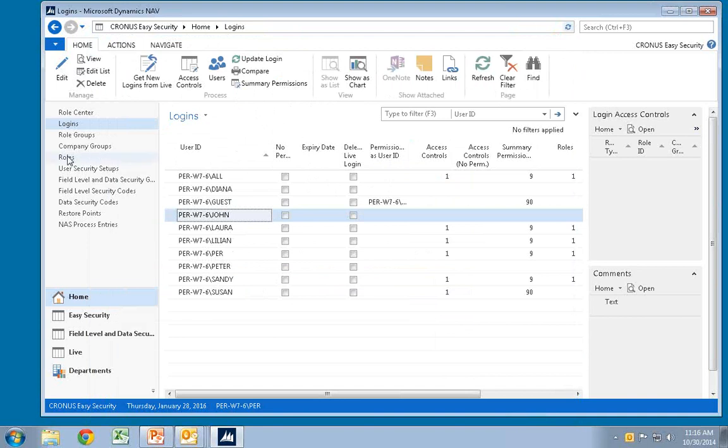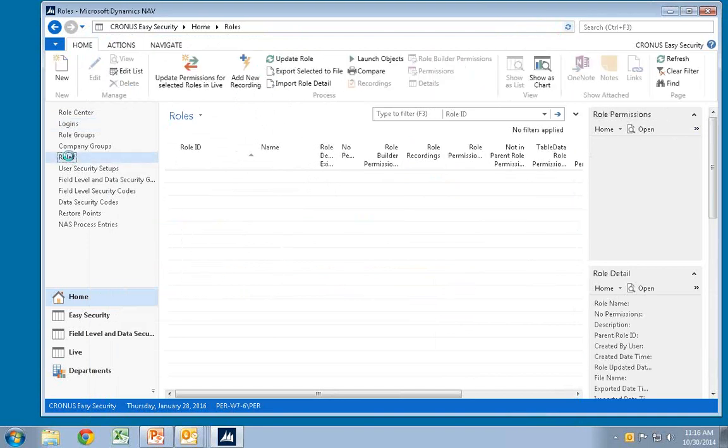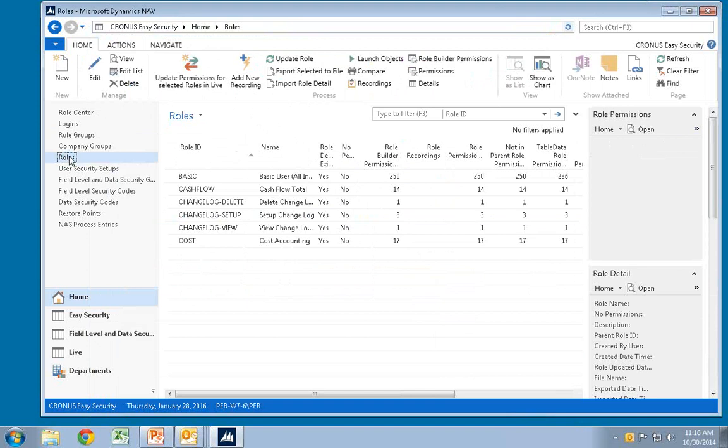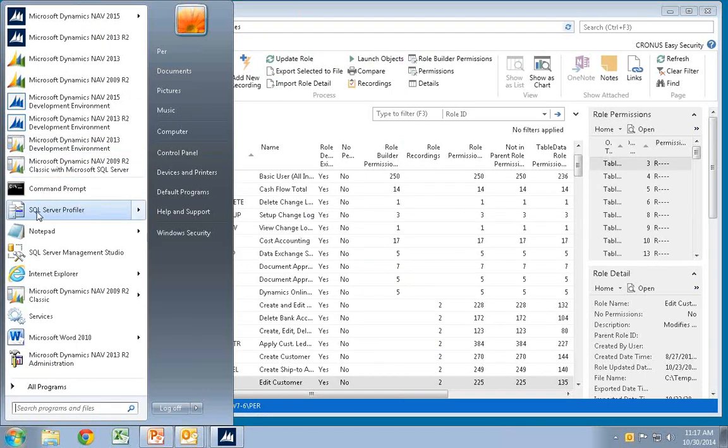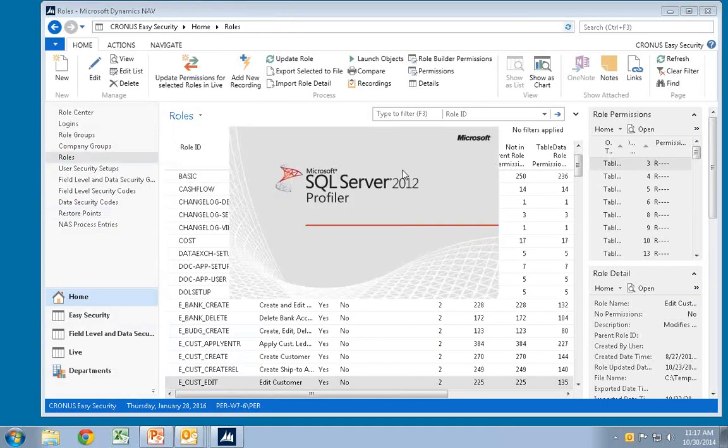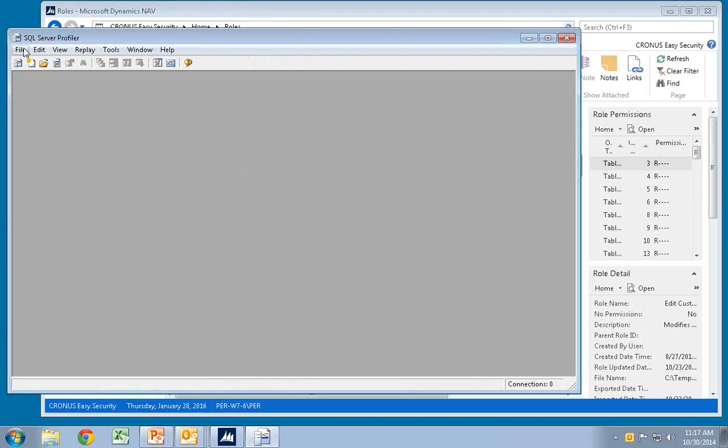When you're setting up security, you need to build roles, and that's where you can spend many hours building roles. Even a single role can easily take more than 1 hour because it's a lot of trial and error. The way we actually build roles is by using a recorder in here. And with 2015 here, I'm going to use the SQL profiler in here.